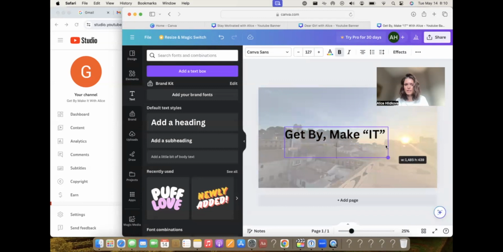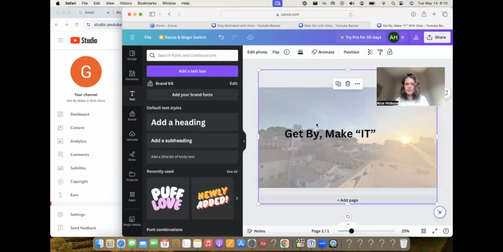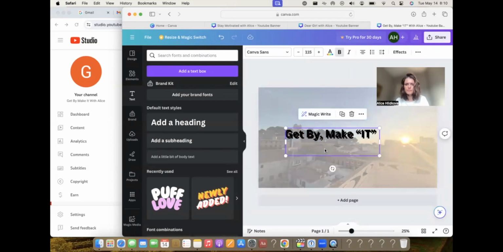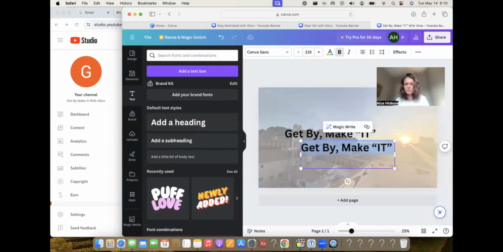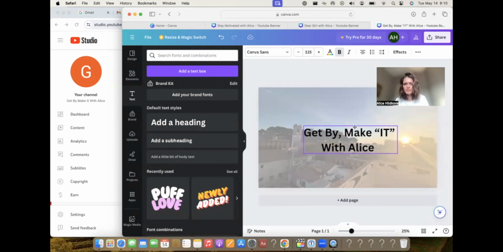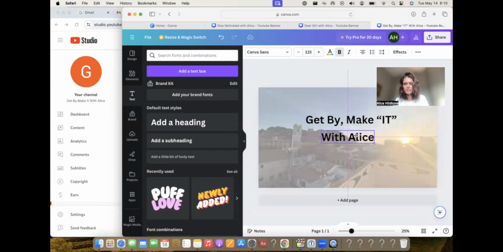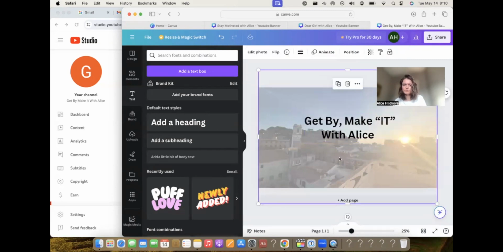So we can copy and paste, copy, paste. And then we have 2 lines with Alice. Okay, then get by, make it with Alice. Do we want this font? Well, we can kind of keep it simple for now.